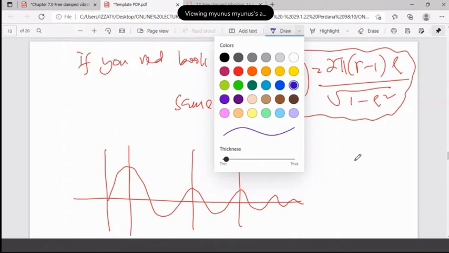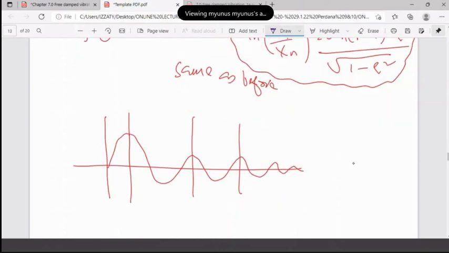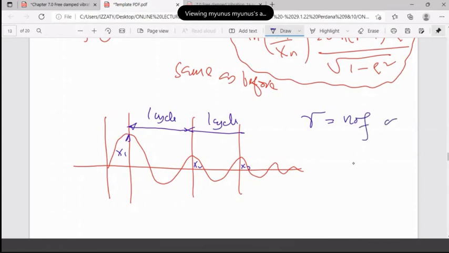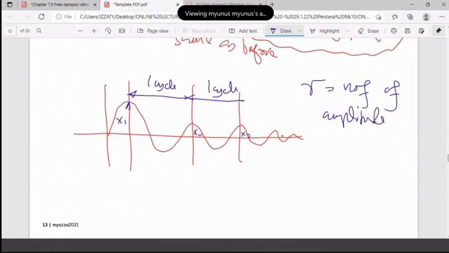They presented the graph as, look here, this one is x1, this one is x2, this one is x3, this one is one cycle, 2 cycle, another one cycle. See? So your area is basically the number of amplitudes. Remember that it is not the number of oscillations. So if n equals 2 now, that is 2 cycles of vibration,